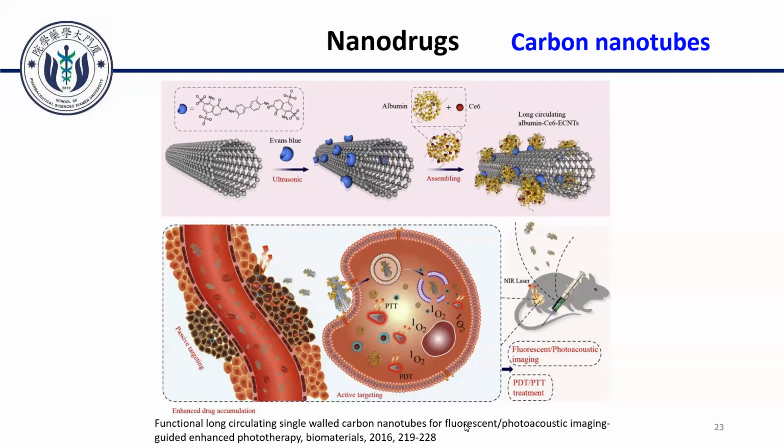Shown here is a multifunctional carbon nanotube. They first use Evans blue, a water-soluble molecule, to stabilize the carbon nanotube and make it well dispersed in water, to enhance the blood circulation time. Carbon nanotubes without modification are hydrophobic, so they can be easily cleared by the blood flow during circulation. So it's good to enhance the hydrophilicity first by modifying with Evans blue. By sonication, it can easily attach to the surface of the carbon nanotube,